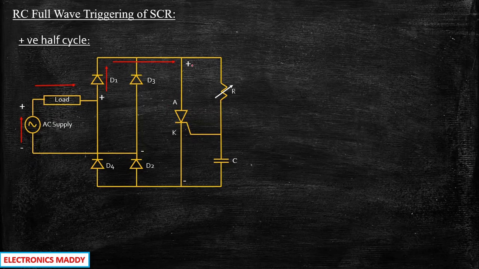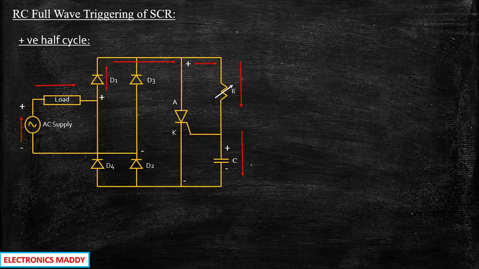But the initial condition, where anode is connected to positive and cathode is connected to negative, is achieved over here, isn't it? Now what happens? The current flows through this path, through the resistor, and through the capacitor. The capacitor starts charging with polarity plus and minus, because negative is directly appearing at this point and positive is appearing through this point. So once the capacitor charges during the positive half cycle and reaches the voltage that is set for the gate voltage required for the SCR,